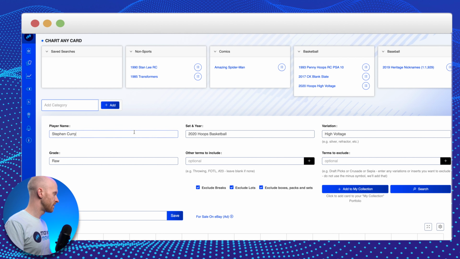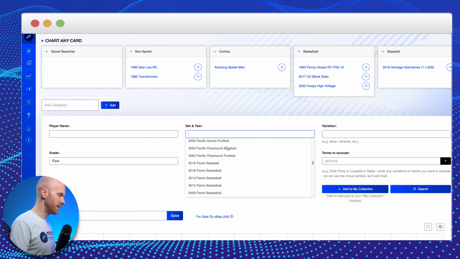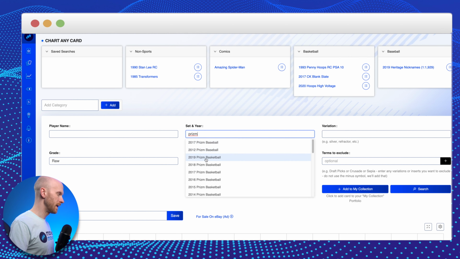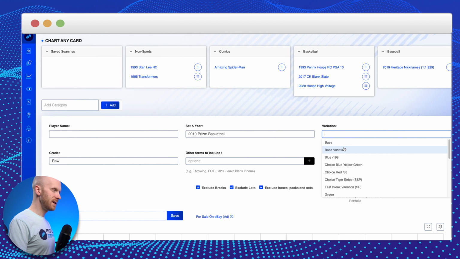And let me just go ahead and clear everything out here, and I want to show you one more thing. When you put in a set here, you'll see these are all the sets that we have in Market Movers. By default, it's showing you every set. So when you select one, if you start typing in Prism, for example, and you click 2019 Prism Basketball, and then you click on this variations field, you're going to see the variations that we have set up, and it's